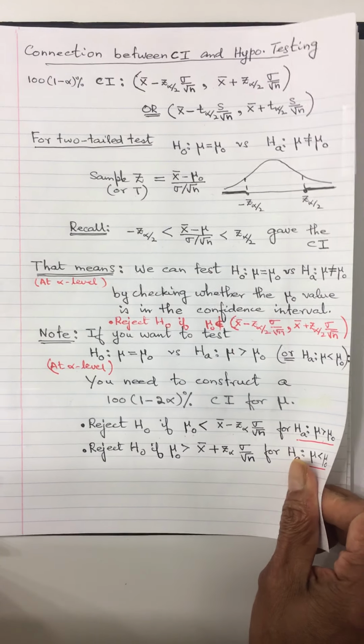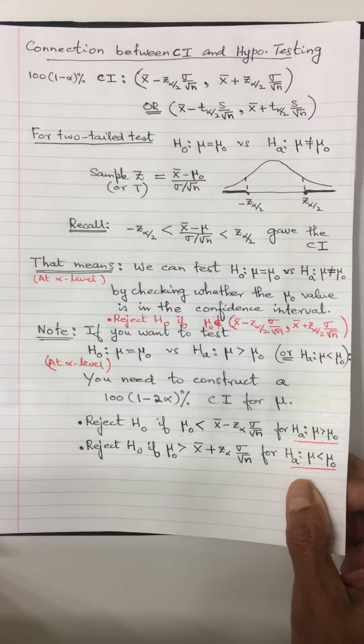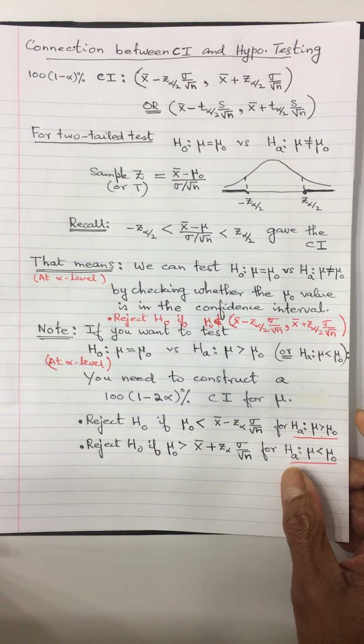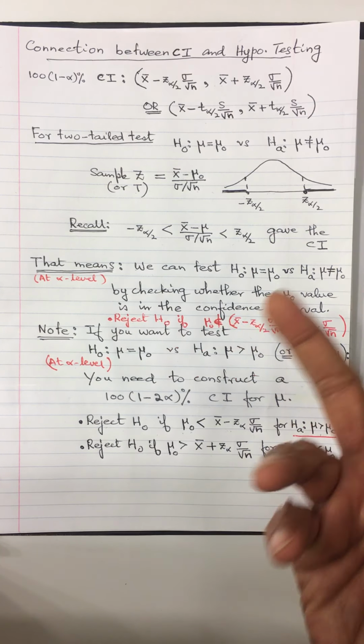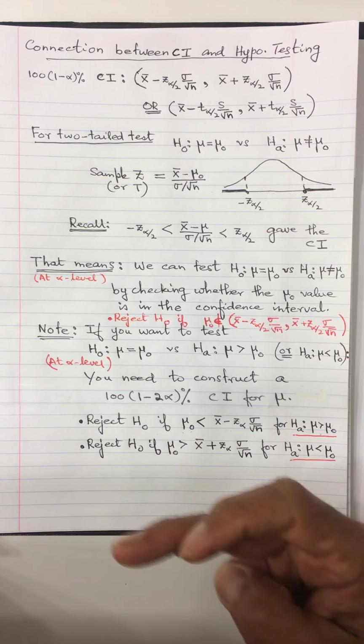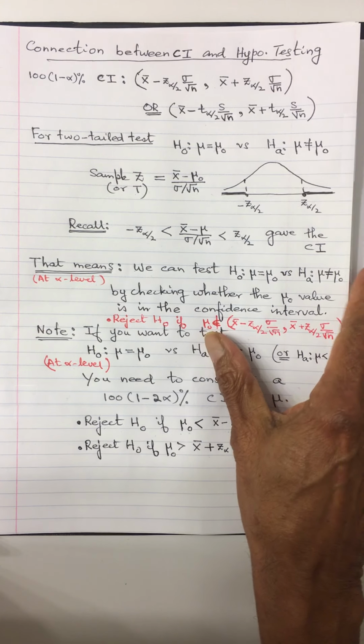Okay, let us look at an example. So that's another approach. Basically, if you want to use the confidence interval to do the hypothesis testing, you can do it that way. But if you have to figure out the p-value, then you have to figure that out and find the p-value, okay?